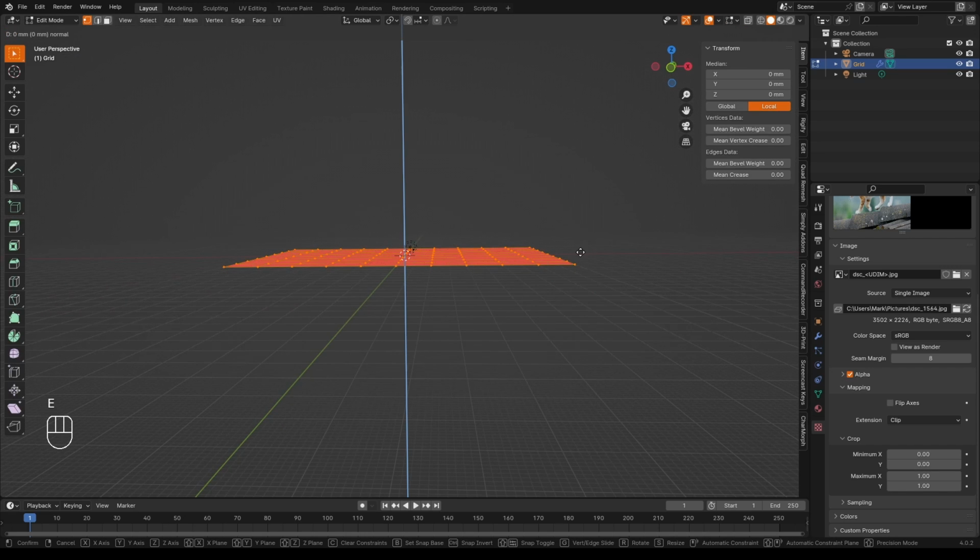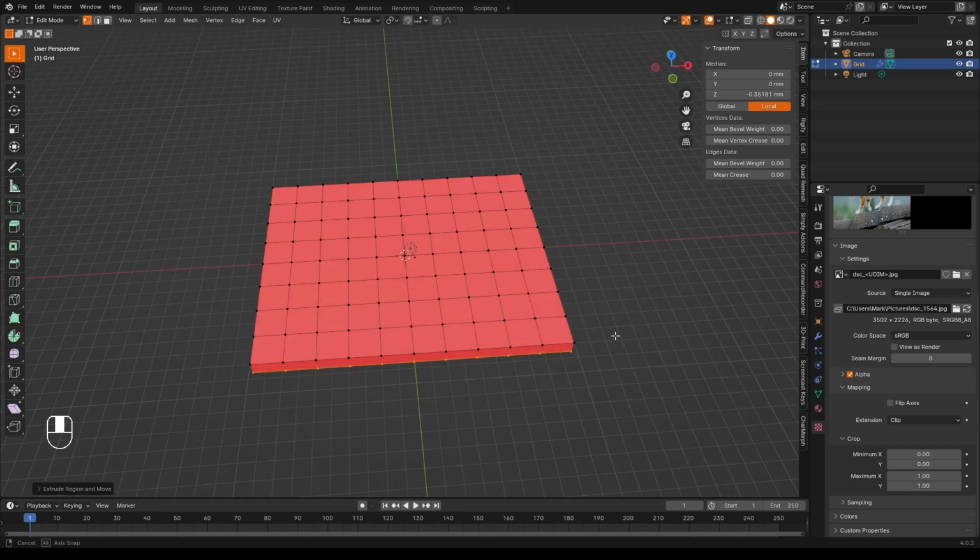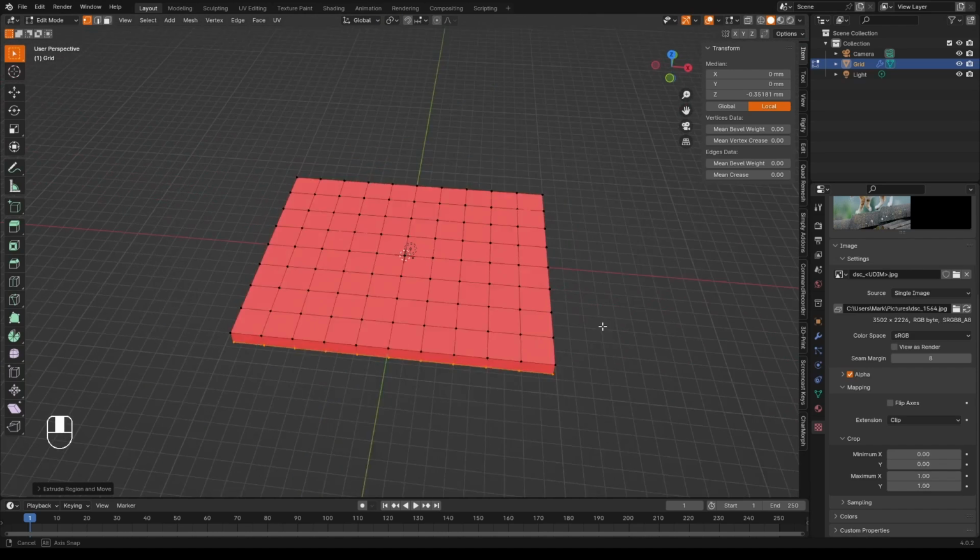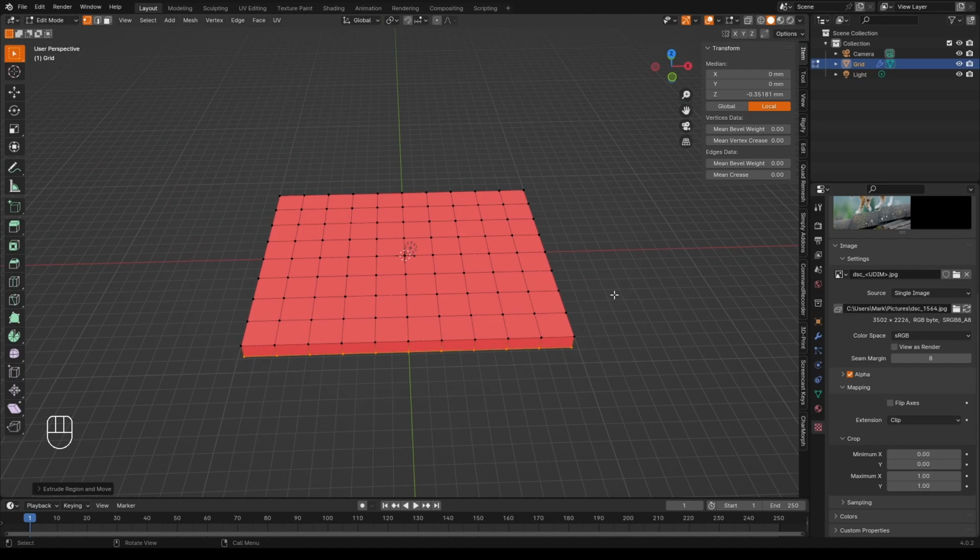E. Now it is already constrained to the Z, as you can see by this blue line, but if it isn't, press Z and put it down. We don't have to go down very far. Let's go. Now as you can see, mine is red now, and that's because I have face orientation set to